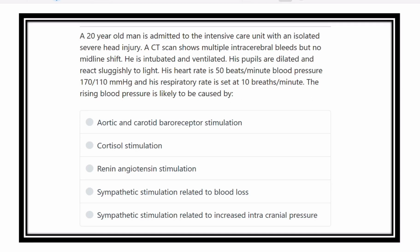A 20-year-old man is admitted to the intensive care unit with an isolated severe head injury, and CT scan shows multiple intracerebral bleeds but no midline shifting. He is intubated and ventilated. His pupils are dilated and react sluggishly to light. His heart rate is 50 beats per minute, blood pressure 170 over 110 millimeters of mercury, respiratory rate